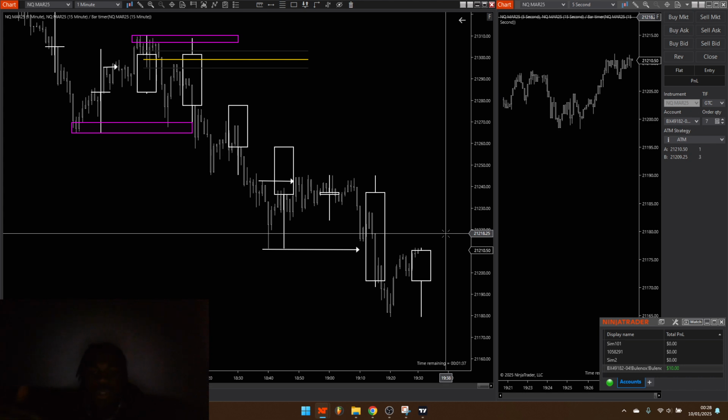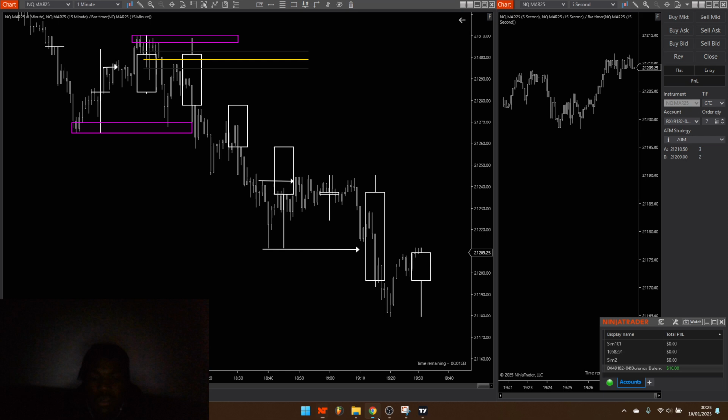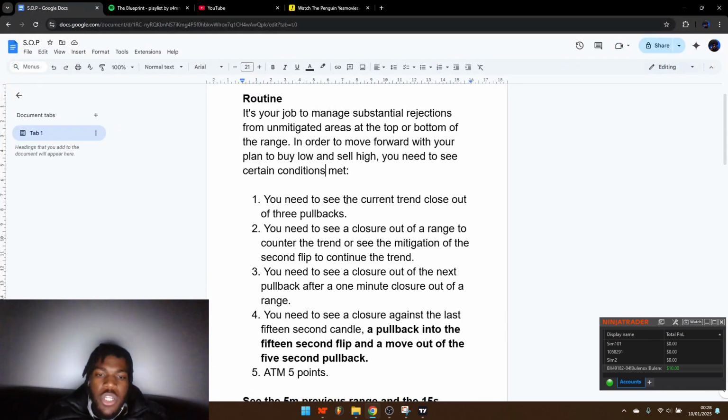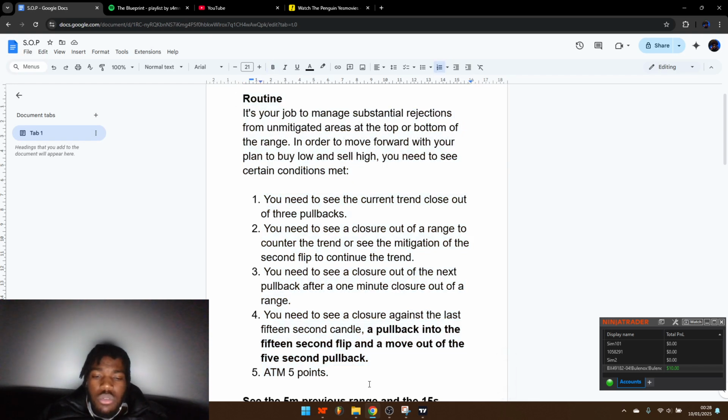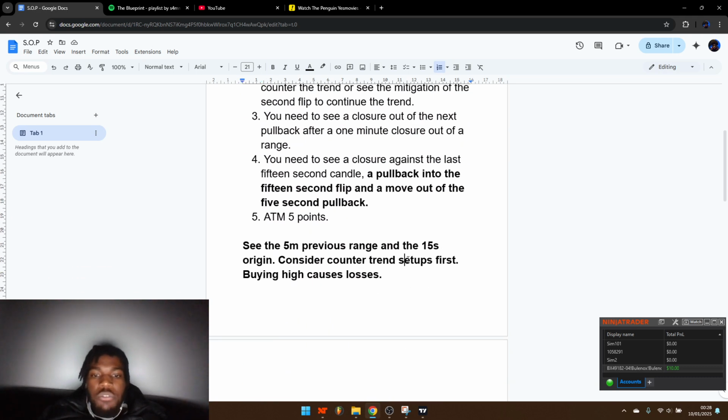What I have difficulty with is this. It's your job to manage. I do believe I did follow this, or at least I had the intention to. But did I follow it, bro? I can't lie, my brain is fried right now to even look back on that. We're in the present moment right now. But I believe, see the 5 minute previous range and